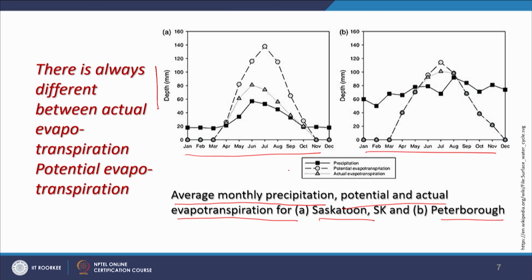So, what we see here is that the potential evaporation has been overestimated, whereas the actual has not. But there is a direct link, as in the previous slide which we were discussing, with the dry and wet periods or rainfall. So, as precipitation has increased, the actual evaporation or evapotranspiration has also increased. However, the potential was more overestimated here. In another place, Peterborough, the rainfall is almost constant relative to the first diagram